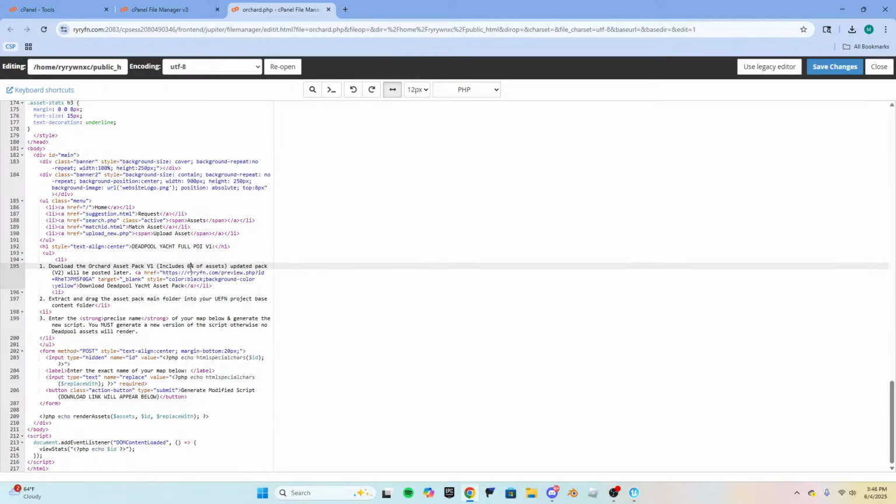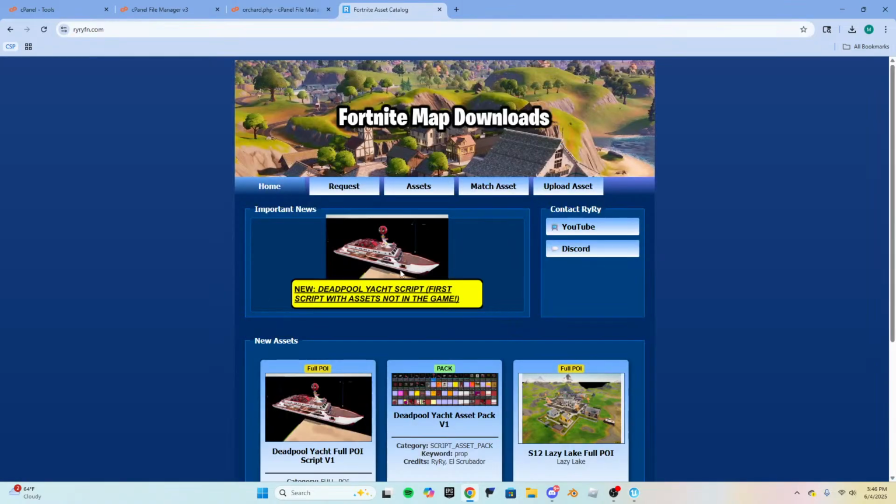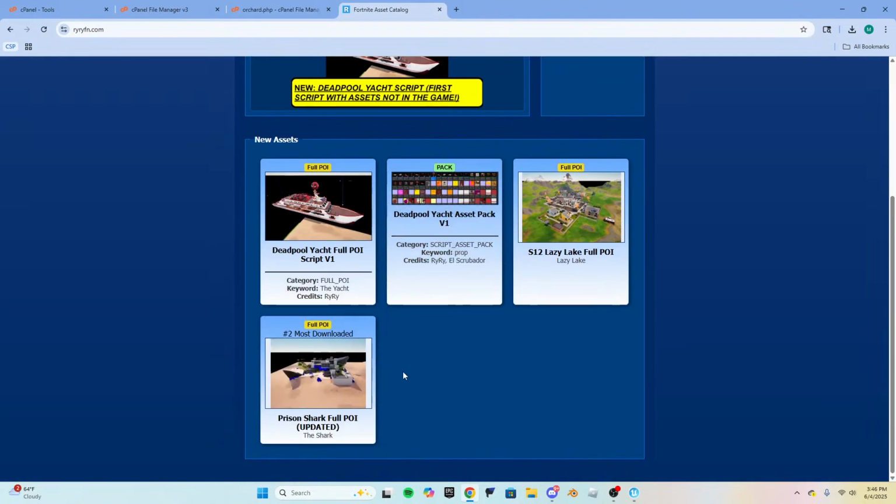V1 includes 100% of assets. Premium HP ID equals. Let's go get that URL.